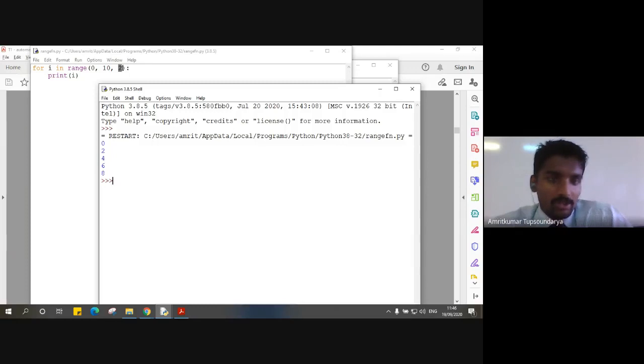Since we have given the step argument as 2, all the even numbers are getting printed. Had we given this argument as, let's say, 3, then all the numbers with a gap of 3 would get printed: 0, then 3, then 6, and so on. And you can see that after 8, though our range is 10, we don't see 10 getting printed here. The reason being, when it encounters 9, it wants to print 9, but since we have a step argument of 2, it will not print 9. Instead, it will increment the i value to 10, and when it encounters 10, we hit the range limit and we get out of the for loop.